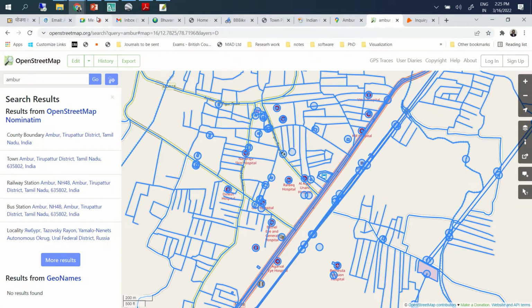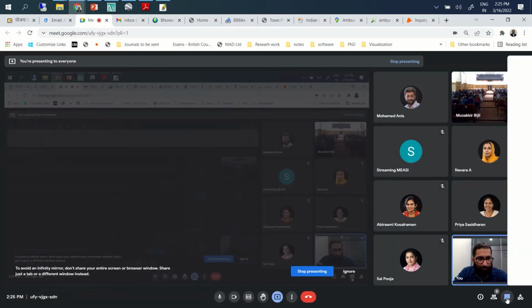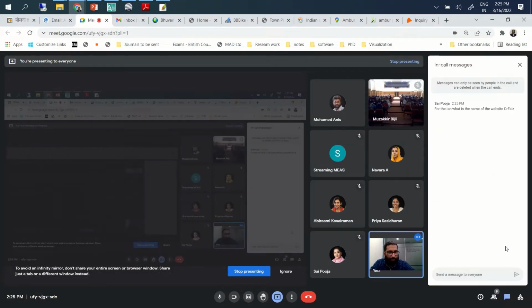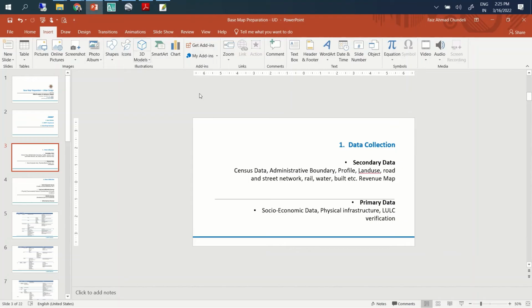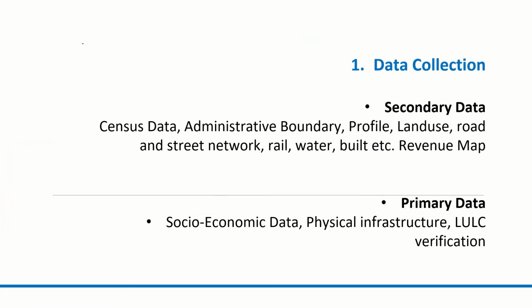I think there's one question. For the OSM, it is OpenStreetMap. You can Google OpenStreetMap.